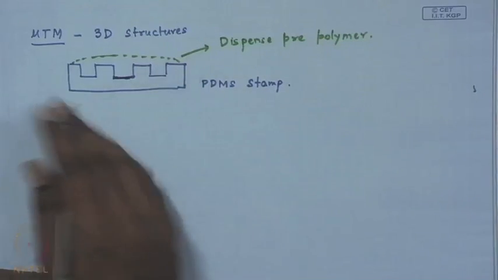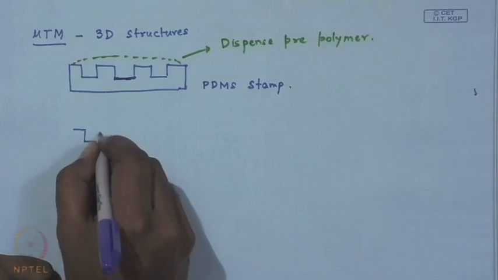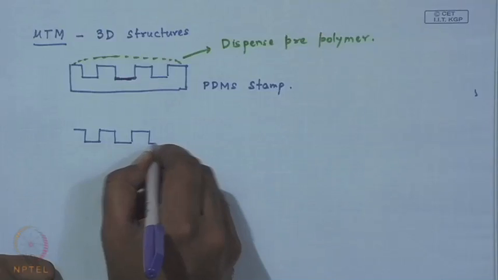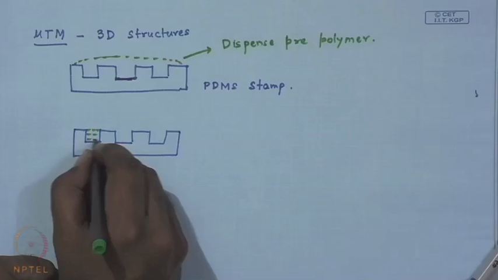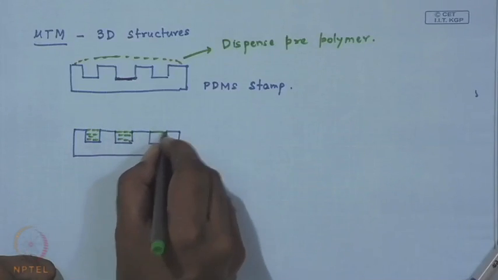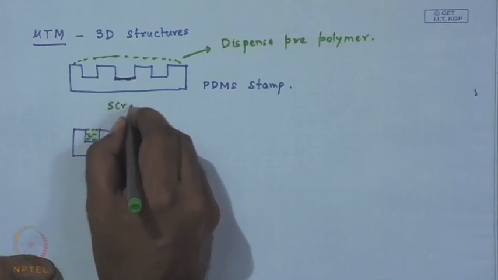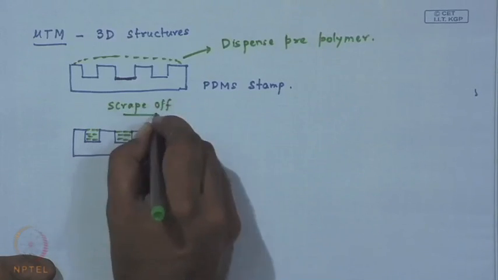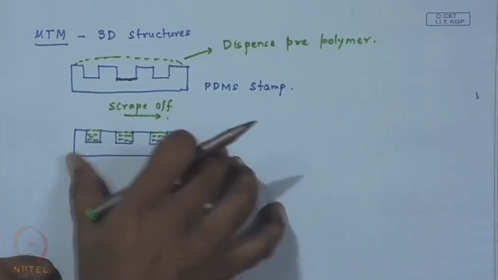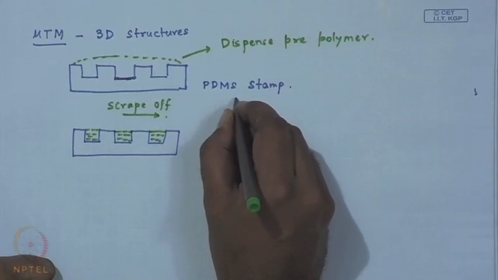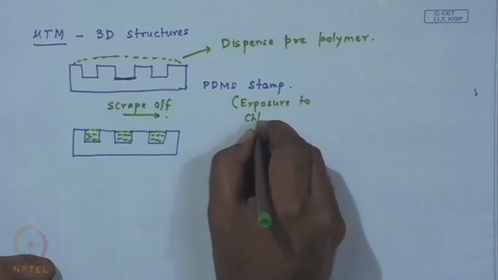and then what you do, you scrape it off from the top. So, you are left with a structure like this. So, your molds are filled up with your pre-polymer, and then you do an in situ polymerization. So, scrape off, do an in situ polymerization, and then you just turn it, somehow swell this stamp. This PDMS stamp can be easily swelled by exposure to chloroform